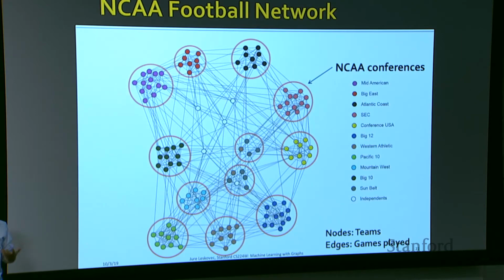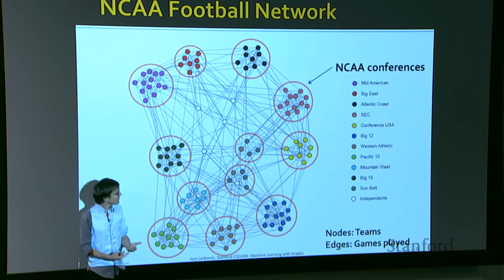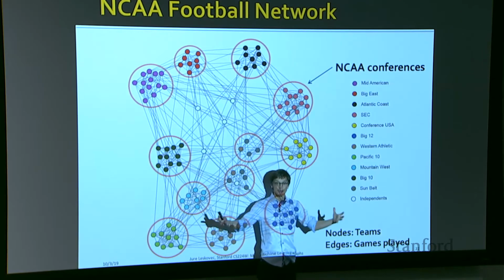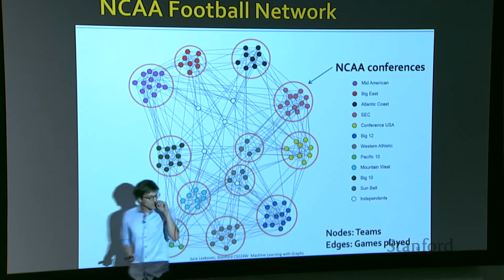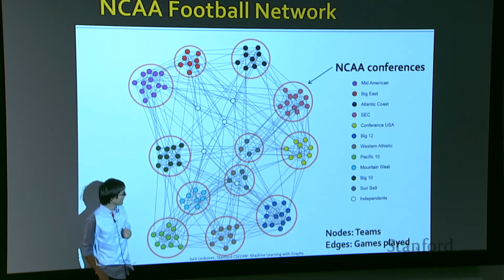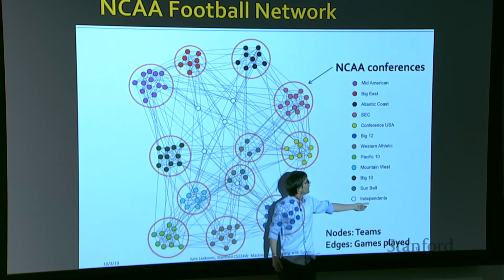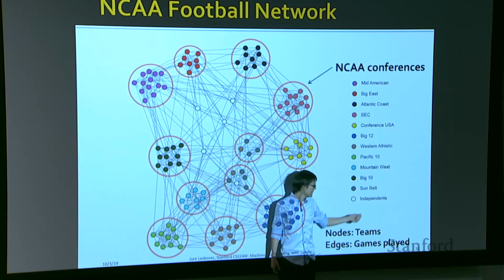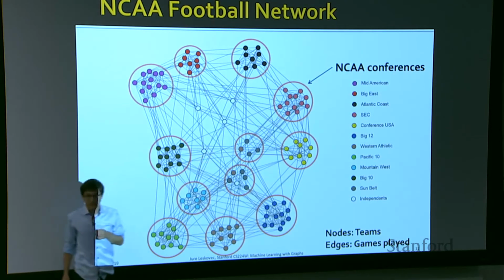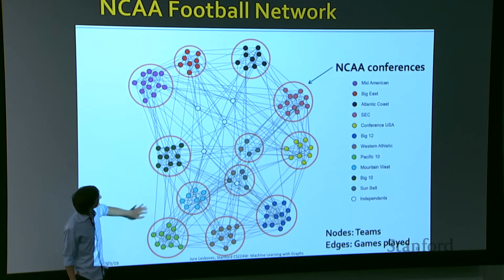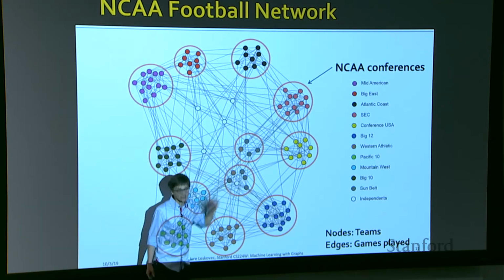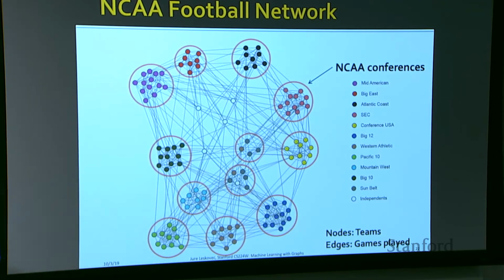Here they are, and what is interesting is that these clusters exactly correspond to the divisions or conferences inside this NCAA competition. And what's maybe even more interesting is that you have these blue dots that don't seem to belong to anything, and when you check who they are, there is a conference called independents, right? So these are teams that are not part of any conference and they are not part of any cluster. But you see that we basically perfectly identify the clusters. The only mistakes, right, are here and this one, right? So we make a few mistakes, but the rest is